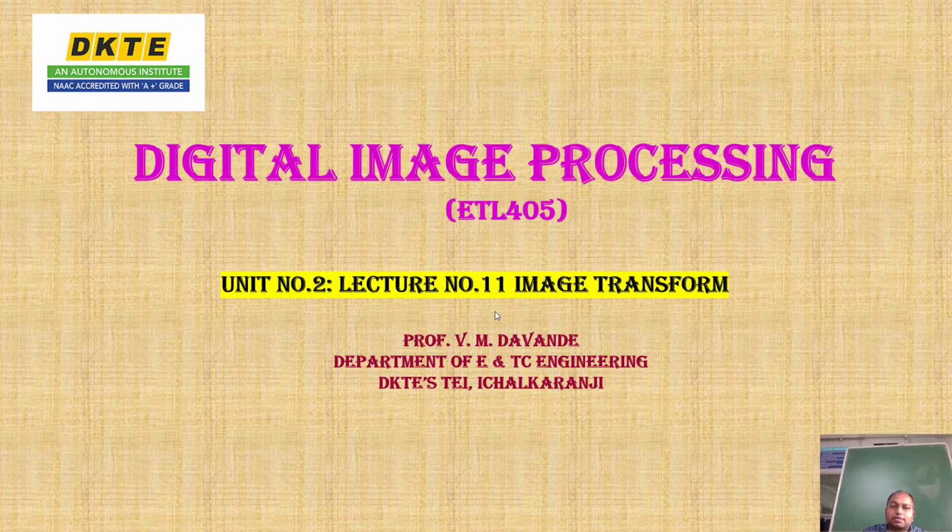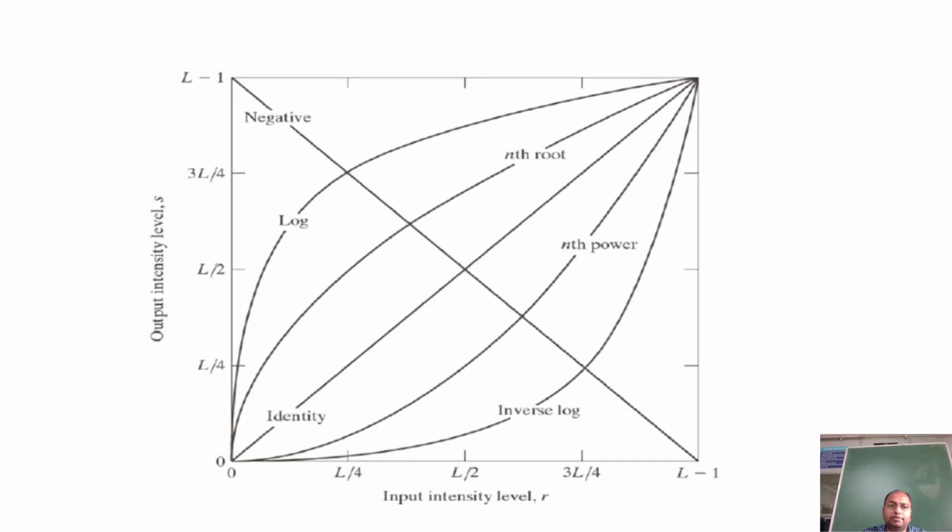In this lecture we shall be discussing different types of image transformation methods. In the previous lecture we had a discussion about image negation and image identity. Those are also one kind of linear image transformation methods. Now let us go for non-linear image transformation methods. In that case we will be discussing log transformation and power law transformation methods. Is that fine? Okay, let us go to the next slide.